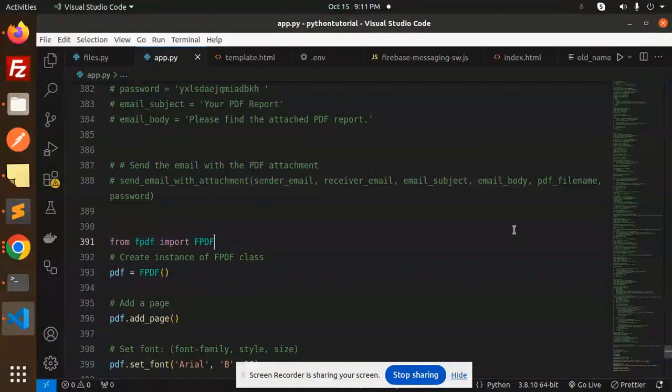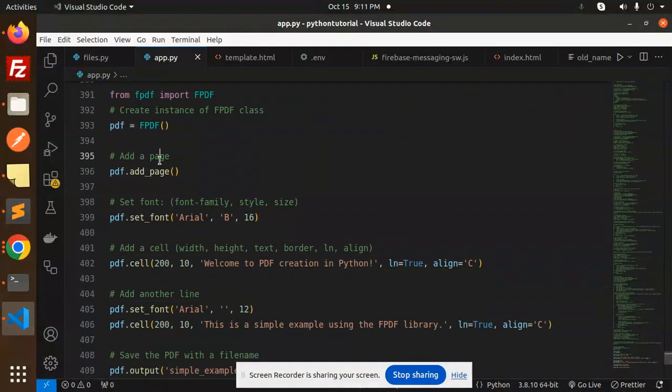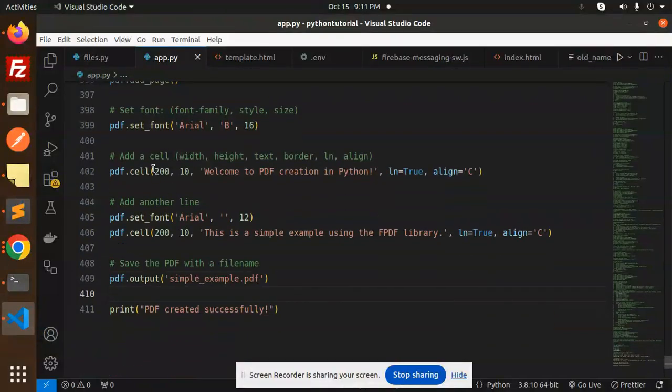Okay. Then create the instance of the PDF class. Then add a page with the help of pdf.add_page. Set the font family, whatever you want, and this is our style, and this is our font size. Then add a cell with the width, height, text, border, ln, and the alignment. Then add another line with the help of set_font and cell. This is the first, this is the second. Save the PDF file with the file name and print the message that PDF created successfully with the name simple